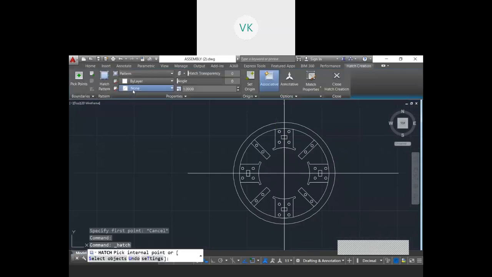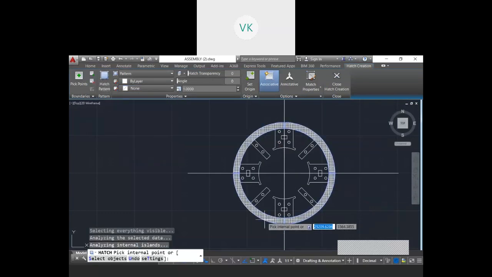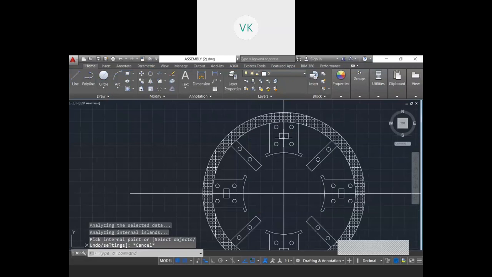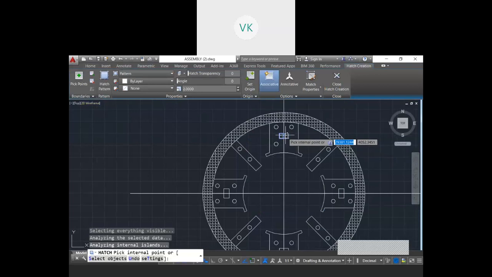Go for hatching. So I will make it some, okay, it's more, okay. This I will do it. Then coming to this part, I will do hatching for this also. I will select any other pattern.